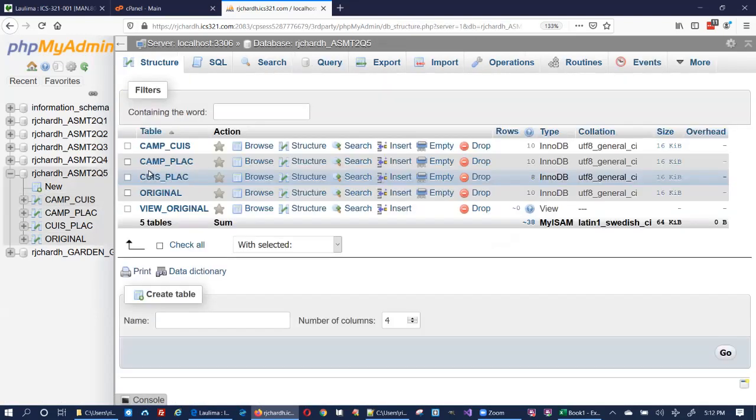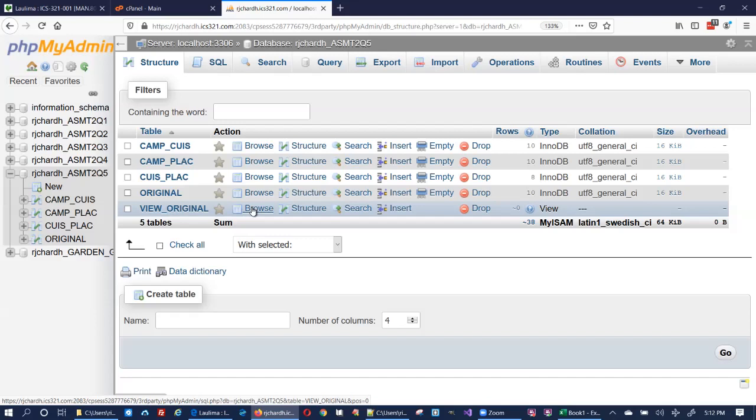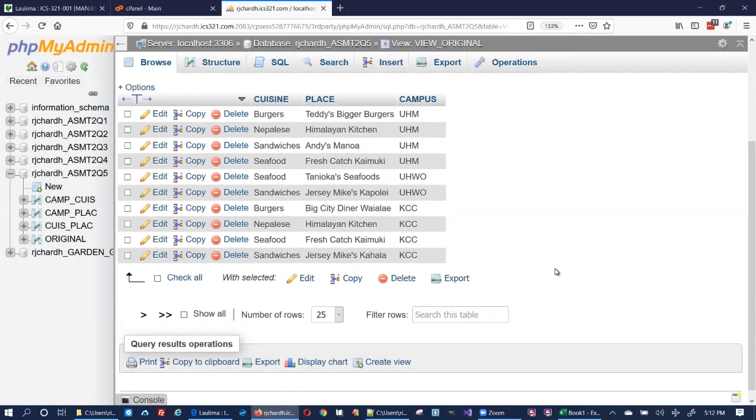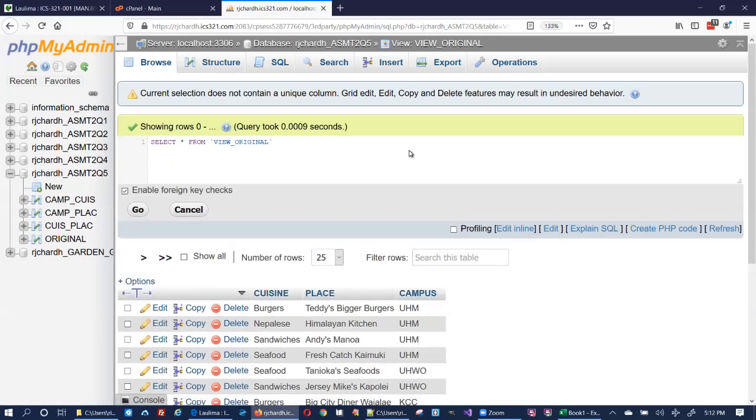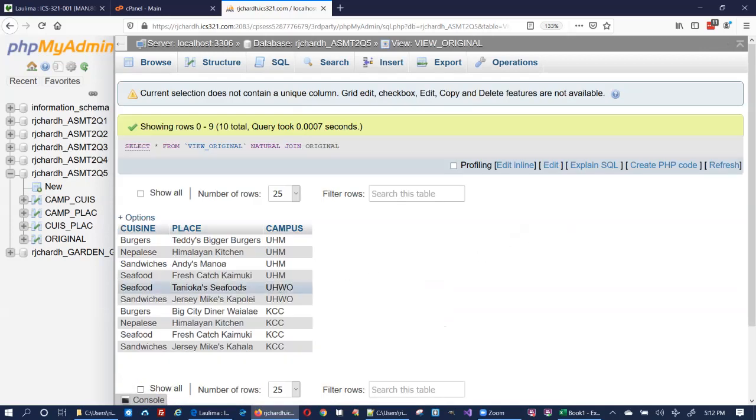So now we've got a view here, and we can confirm that view original natural join original also gives us back exactly the same thing. All right, this now is a prime candidate for a stored procedure